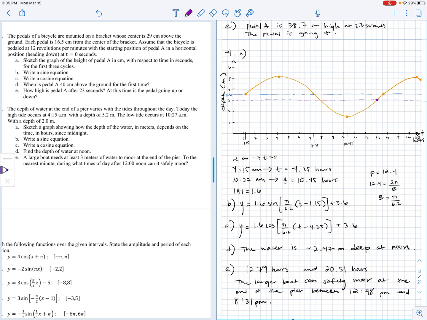And then 20.51 hours, 20 hours after midnight would be 8 p.m. And then I want to figure out what 51% of an hour is in minutes. So I do 0.51 times 60, and I get 30.6, which I rounded up to 31 minutes. So I know in between 12:48 p.m. and 8:31 p.m. that the water will be at least 3 meters deep, and therefore